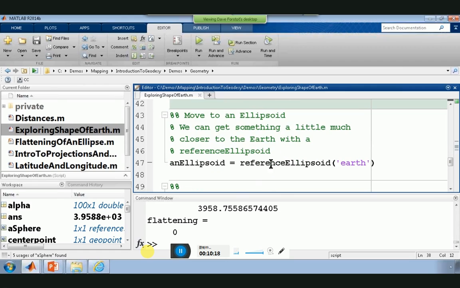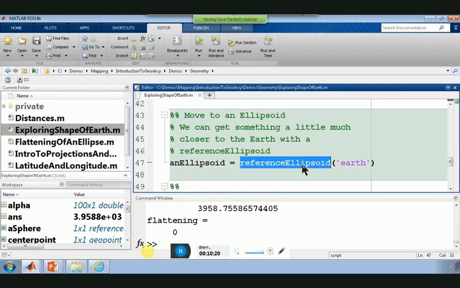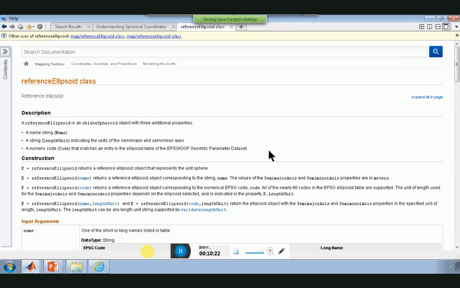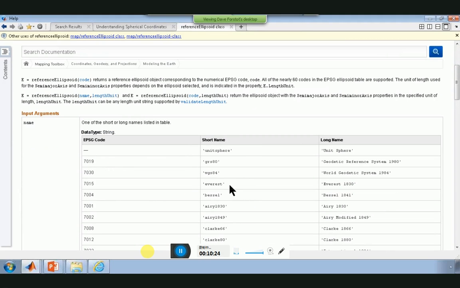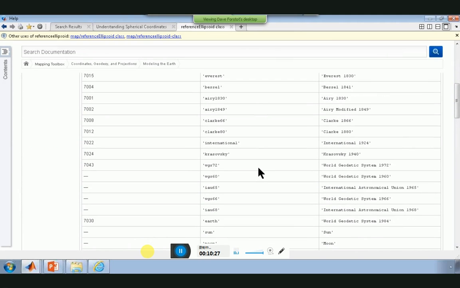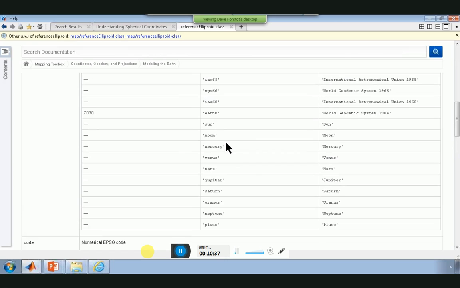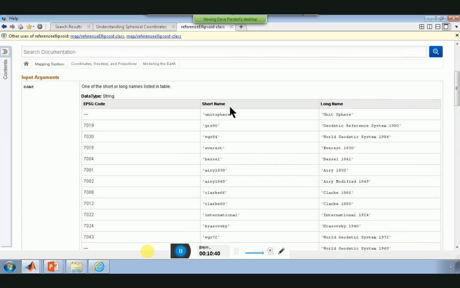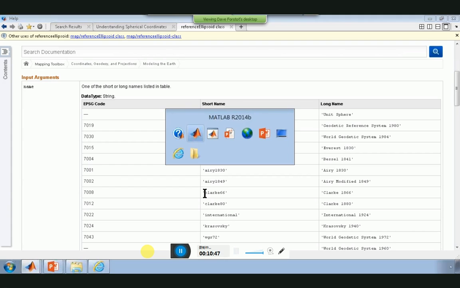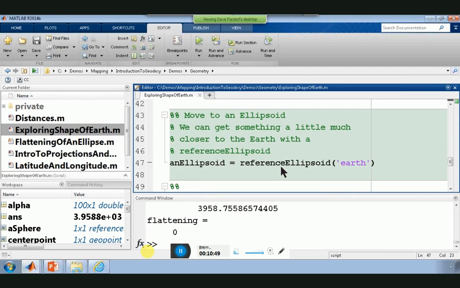If we want to look at an ellipsoid, the reference ellipsoid is a set of objects to represent some common shapes for ellipsoids we use often. Now, there are some for other planets in our solar system. So those of you interested in position on places other than Earth, these would be useful. Now, we also have many for the Earth itself. And in a moment, we'll look at how and why that happened. But as we define an ellipsoid for Earth,